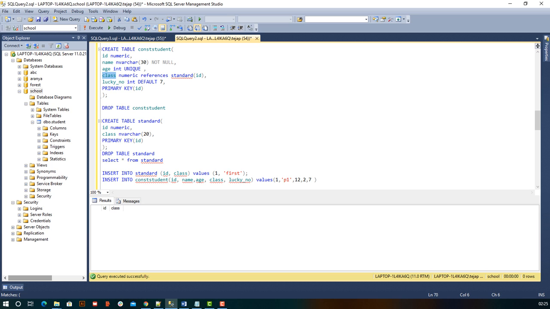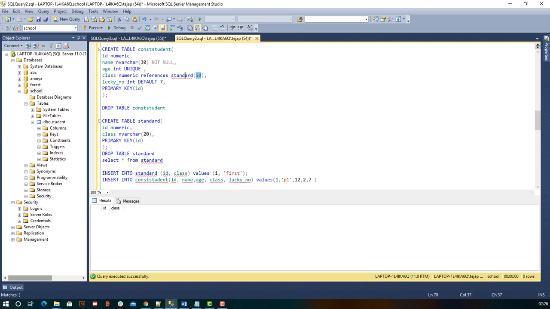So here class is numeric, and we cannot add any random numeric value to the class. It should be referring to the ID of standard. So it's like the column ID or attribute ID of table standard. It's saying that there is a table whose name is standard, and which has an attribute called ID.